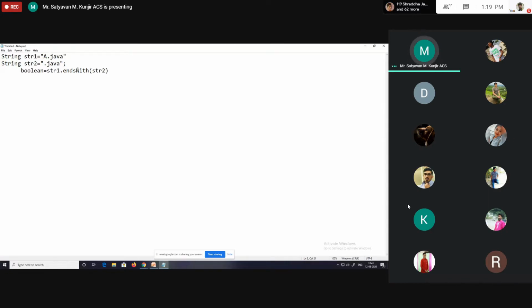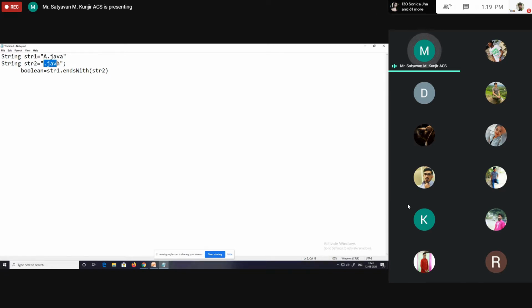It returns true value when the first string ends with the second string. What is the value of str1? A dot java. And what is the value of str2? Dot java. That means the first string ends with the second string.